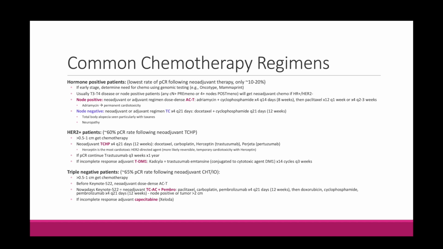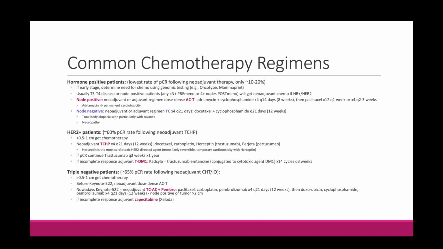So it used to be we would just give them dose-dense ACT, but because of Keynote 522, we now give them neoadjuvant TCAC plus Pembro. So what is TCAC? It's paclitaxel carboplatin for 4 cycles every 21 days over 12 weeks, and then doxorubicin and cyclophosphamide with pembrolizumab given for 4 cycles every 21 days over 12 weeks. The trial Keynote 522 included patients that had node-positive patients or anyone with a tumor over 2 centimeters. And so these are the patients that will be getting